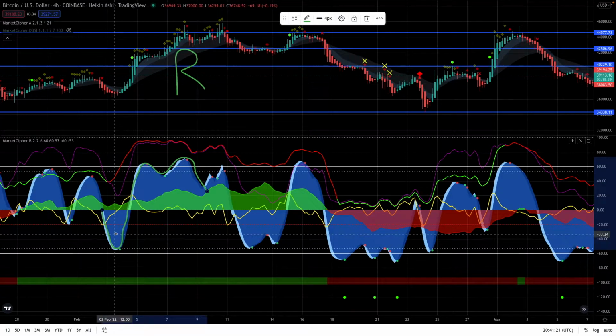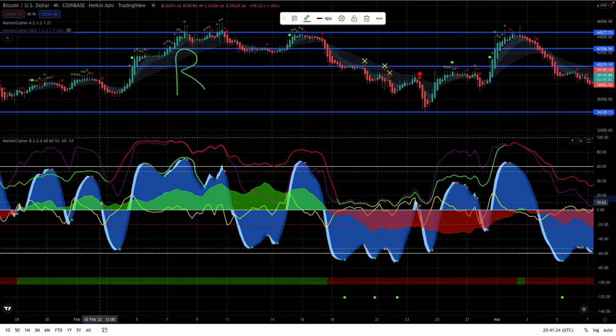Then we have another wave, also called the money flow, which is this green wave. Goes up, comes down, goes up, comes down. Basically, these are waves because they move. And the last one I want to talk about is the VWAP, which is the yellow line. It also goes down, comes up, and they oscillate